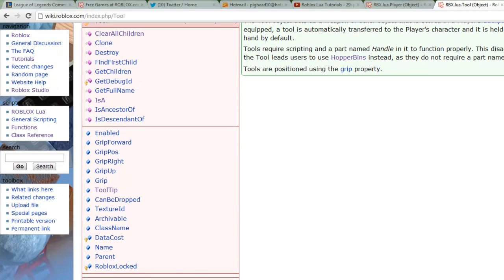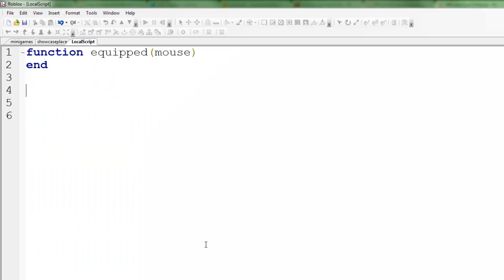So there's the equipped event. These are all the events that you can use. The equipped is the one we're going to be using. So to do this, we just set it up as any normal event. This is our function that we want to be run: script.parent, which is the tool, dot equipped